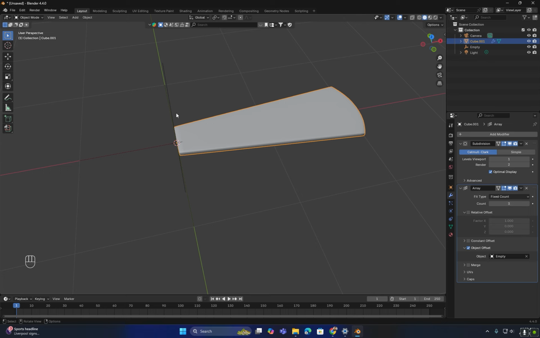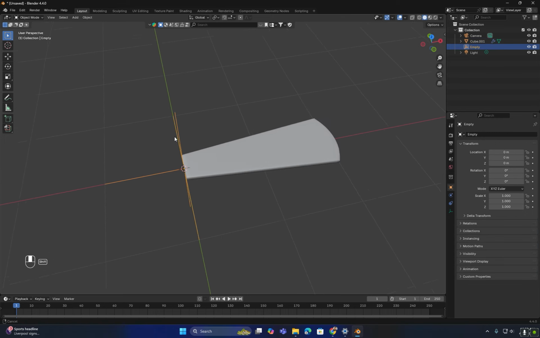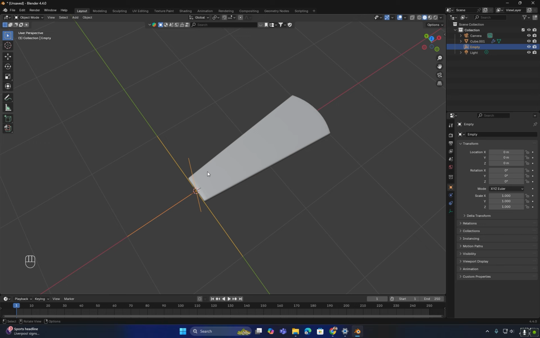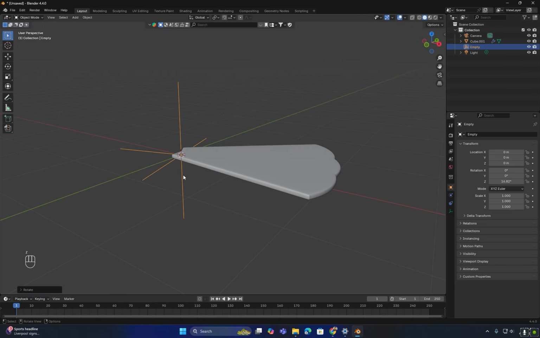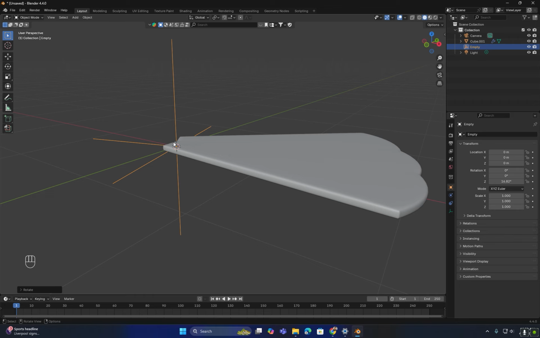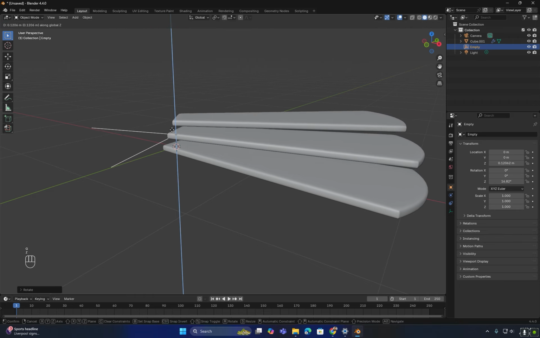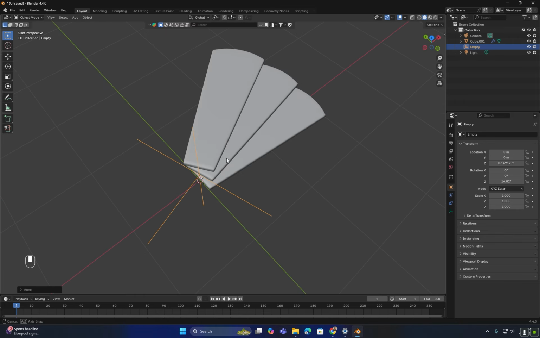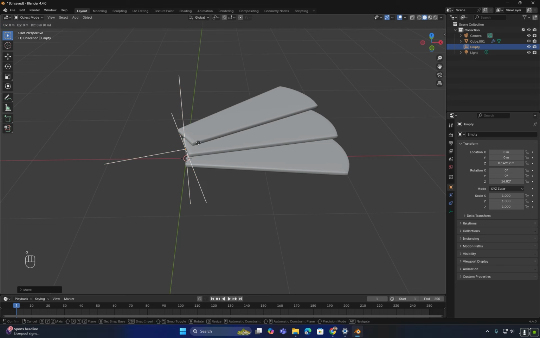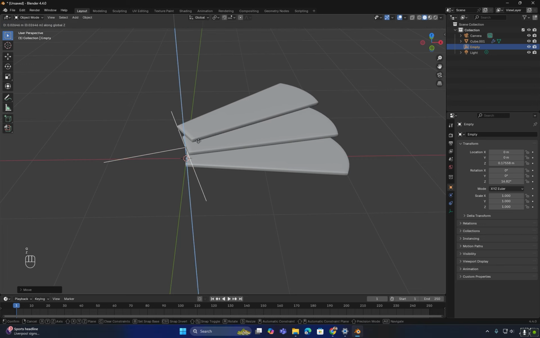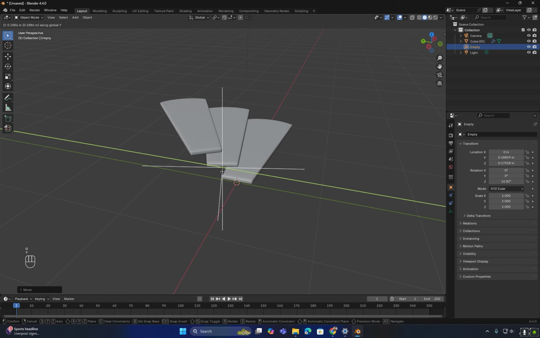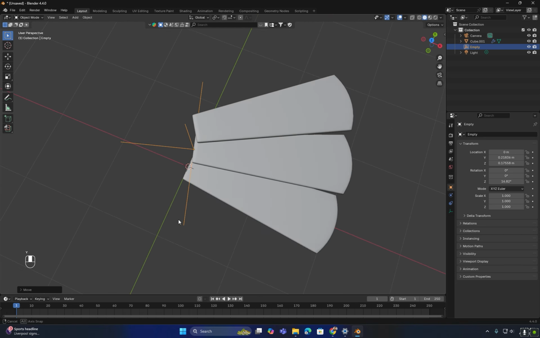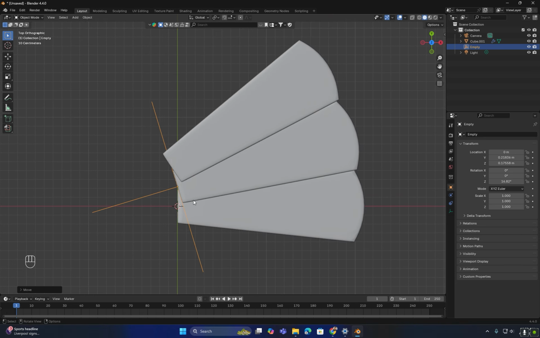You might not notice any difference yet, but as soon as I select the empty object and rotate it around the z-axis and then move it upward along the z-axis, you will start to see the effect of the array modifier. According to my needs, I will move the empty object upward to set the desired distance between the stairs, and then I will also move it along the y-axis as required.